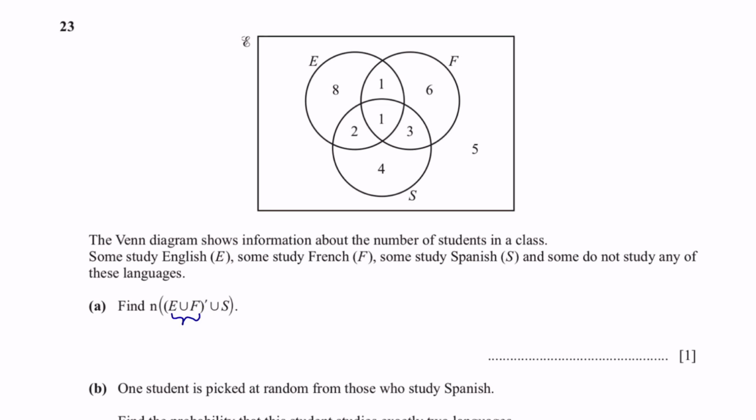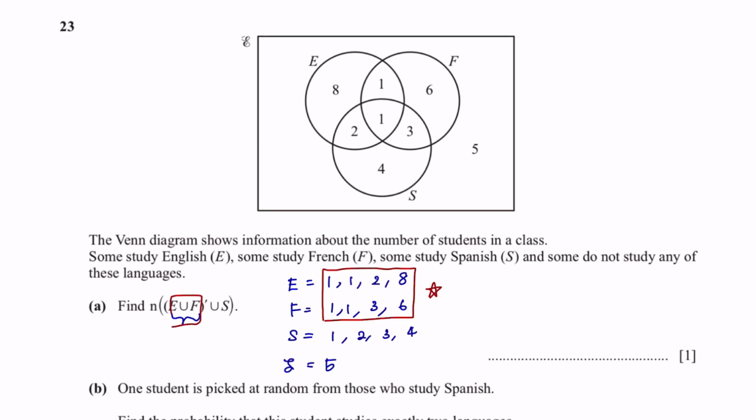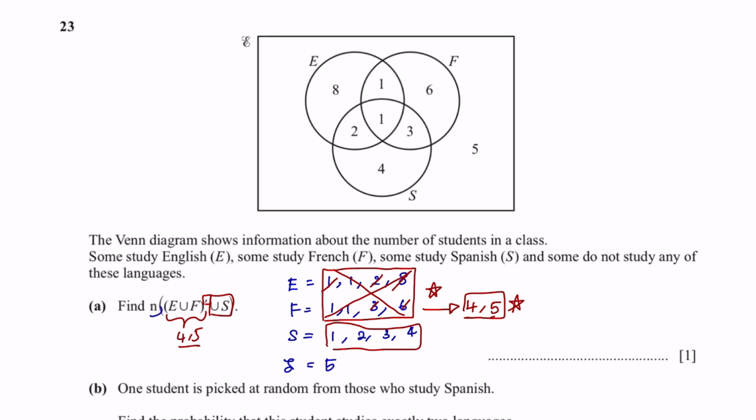First, we need to solve whatever is in the bracket, which is E union F. How I like to solve this is first writing down all the values in each circle. E union F means everything. So these values. However, it has this symbol here that means we have to exclude all these values. So we are going to be left with 4 and 5. Only 4 and 5 fall under here. And then we're going to union 4 and 5 with S. Union means everything. So all of 4, 5 and all of S. So the number of students would be all of S added together with these two values,